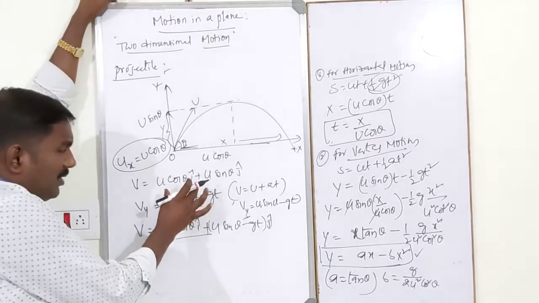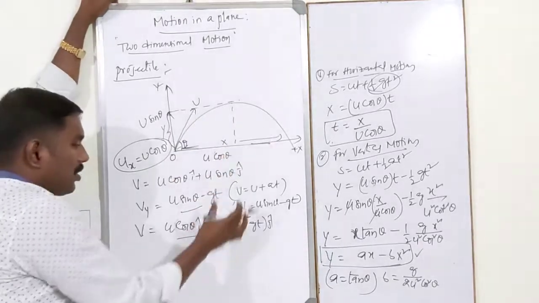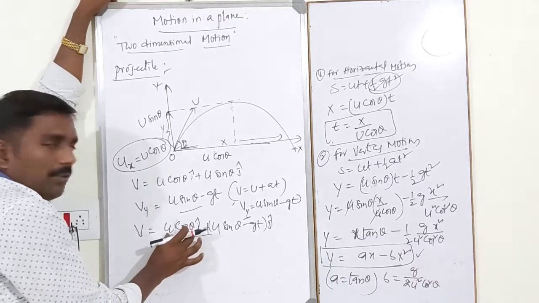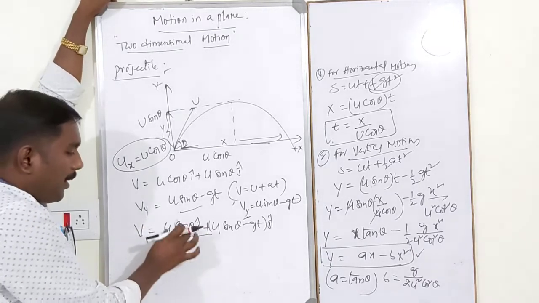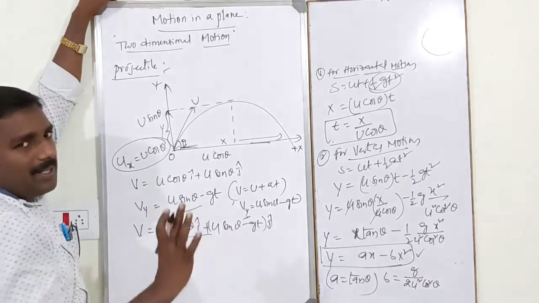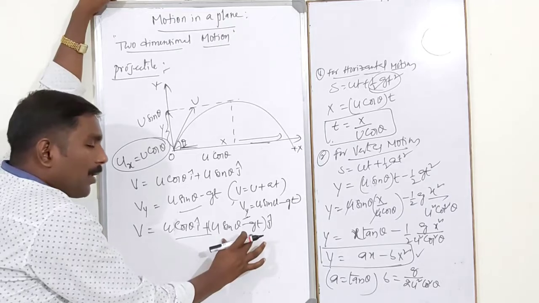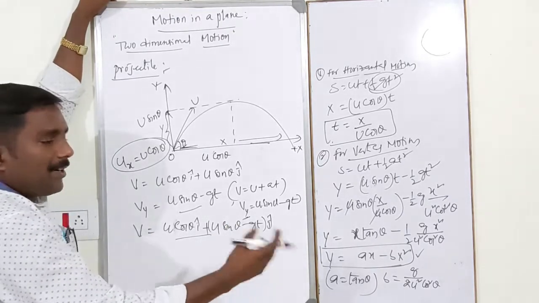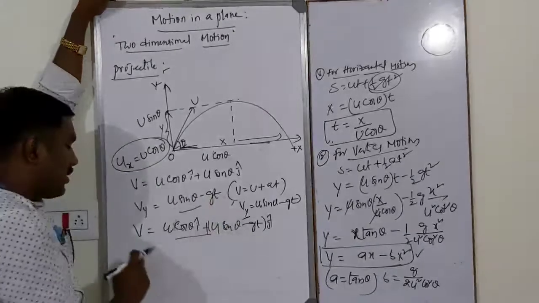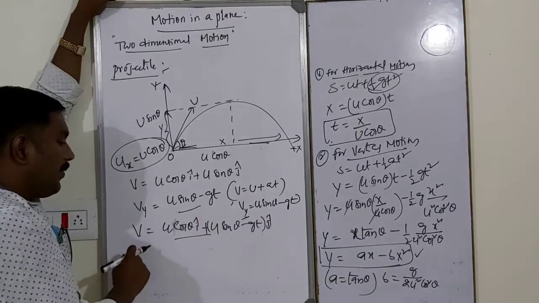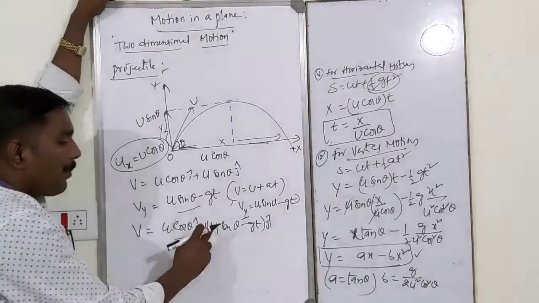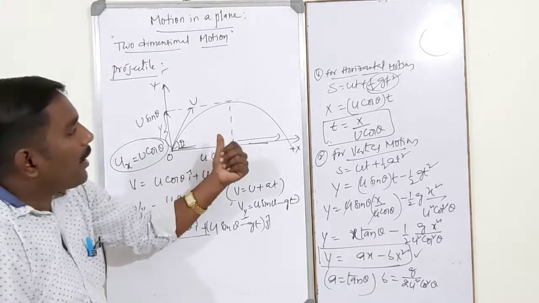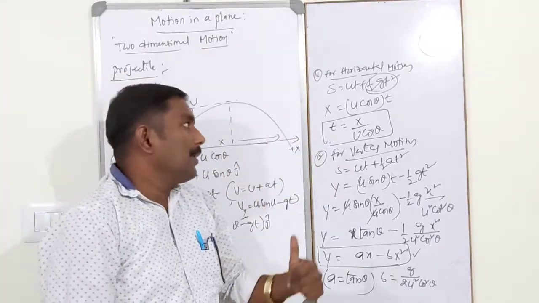See, generally in the case of projectile motion, this is the velocity of the projectile. Once again I will repeat, the horizontal component does not change. The vertical component only changes due to gravity. See, this is the vertical velocity after time interval t. Like this, the total velocity of the projectile is v is equal to u cos theta into i cap plus u sin theta minus gt into j cap. Show that the path of a projectile is a parabola.